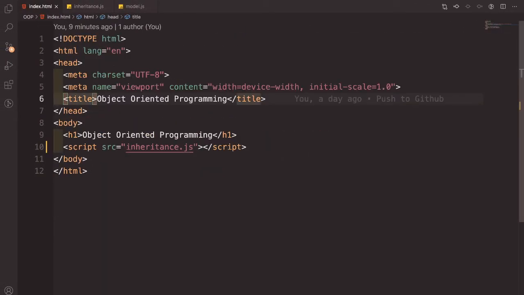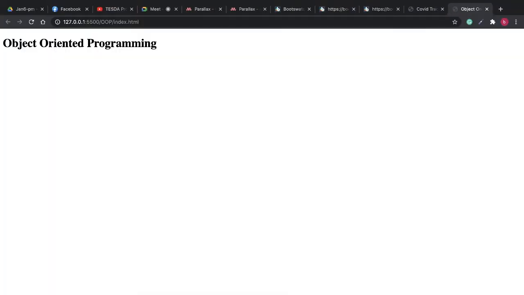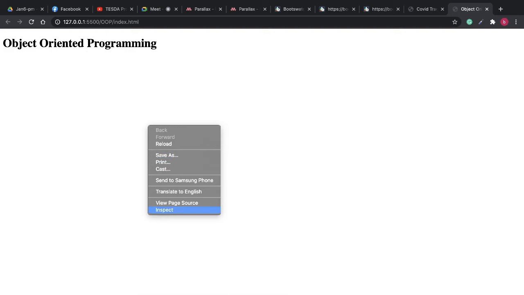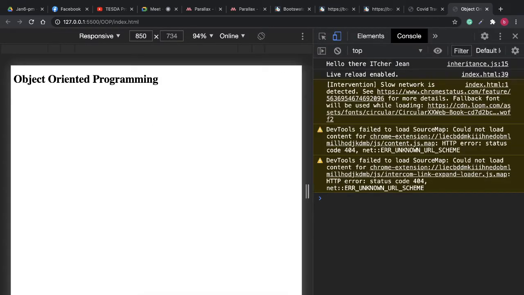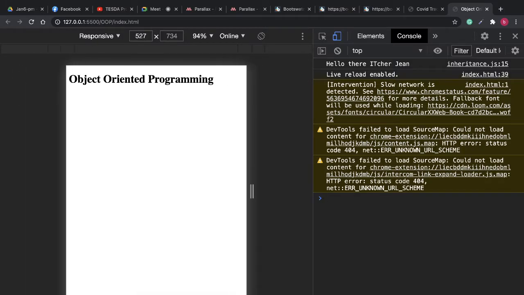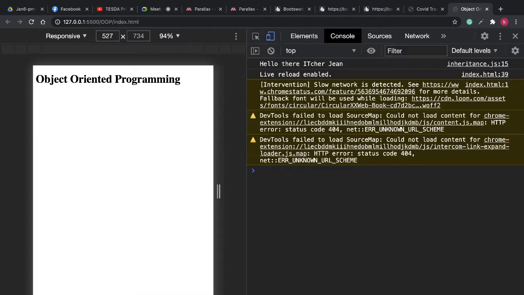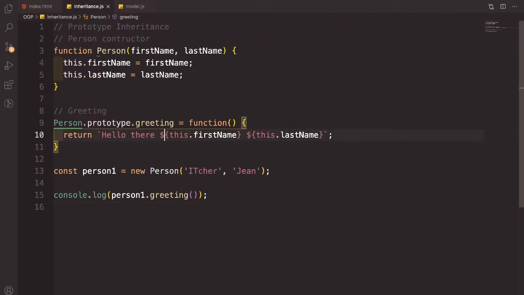Okay. Alright. So, ito yung structure lang natin. Walang laman. Pero importante is yung nile-lesson natin, which is ito. So, sabi niya dito, hello there, I teacher Jean. Alright, kasi yung program natin is kahit sinong pumasok dito sa person constructor, babatiin niya once we call that greeting